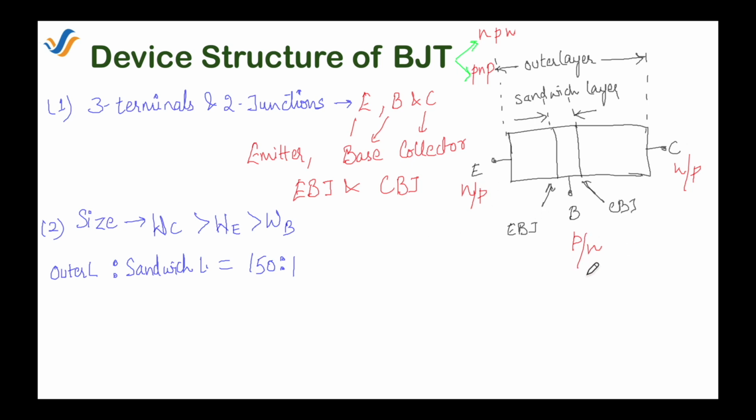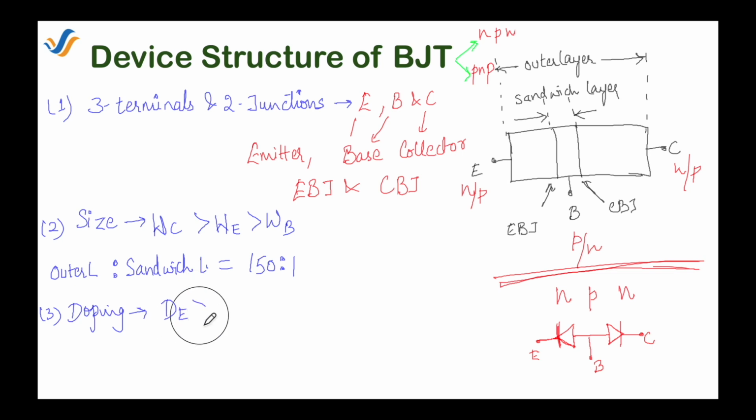Here you should note the point that although we are writing NPN or PNP, it doesn't mean that the BJT is equivalent to two back-to-back connected diodes, because some carriers emitted from the emitter are going to be absorbed or recombined in the base region. That's why the BJT is not equivalent to two diodes connected back to back. Now let's continue with the doping profile.